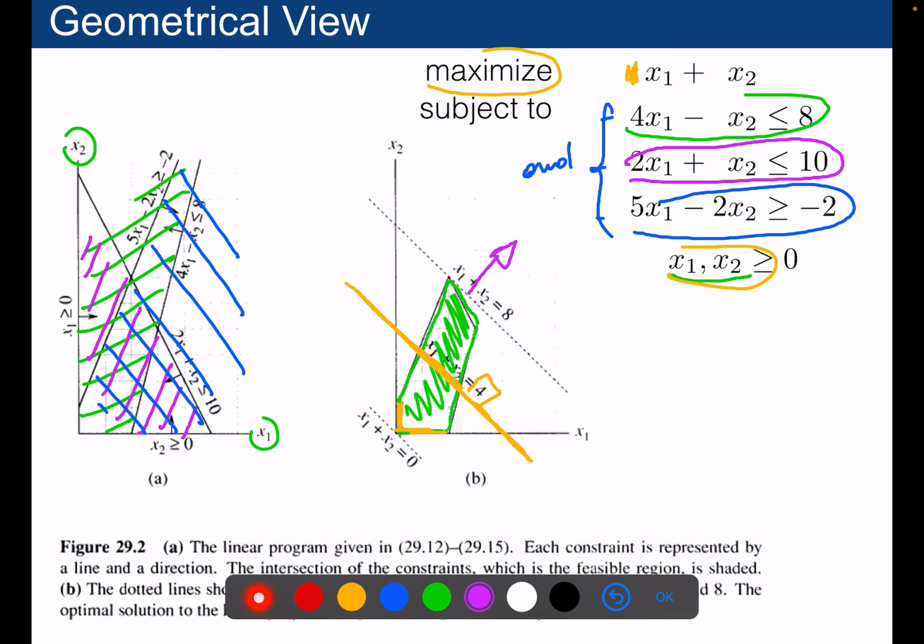So you can take the line and move it in parallel like this, like this, like this. And we want to move it as far as possible in that direction. But we will be restricted by the feasible region, which needs to be inside this green region. And so the optimum here will be this point. So this will be the optimum that I will represent with a star. X star is the optimum here.